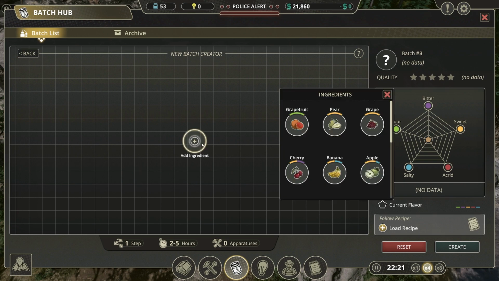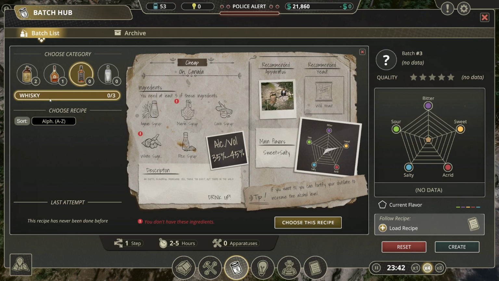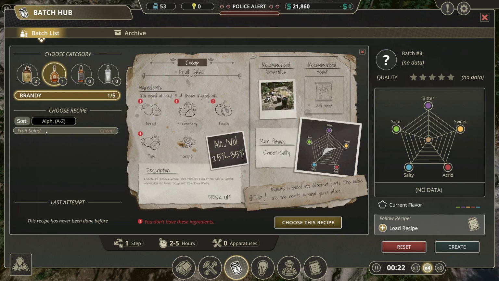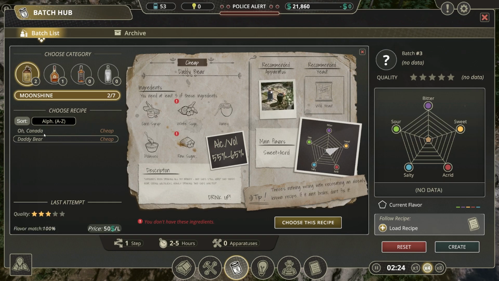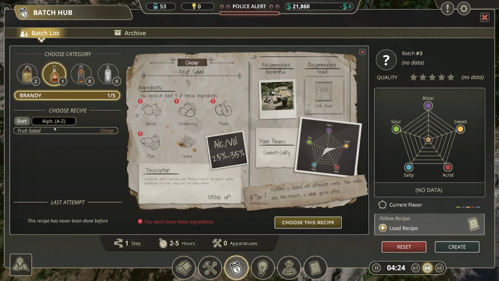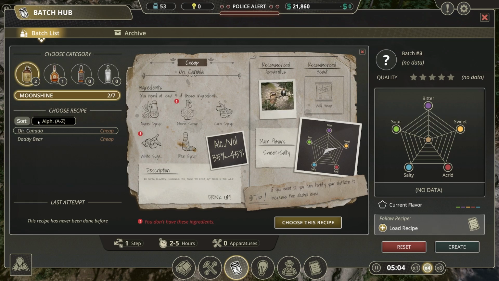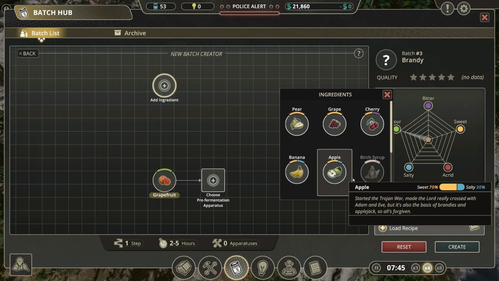Anyway, let's create a new batch. Let's create a new batch of. What do we want? Whiskey? No. Fruit salad? Yeah, I'm a bit miffed that we don't have access to any of these bits and bobs. Oh, Canada and Daddy Bear are all wild yeast. Quality is middling. Flavor match 100. Fruit salad. Recipe has never been done before. Oh, but it's going to be done. And there's supposedly 7 recipes. Right, let's make a nice sort of fruity...